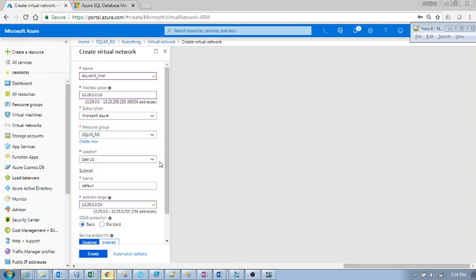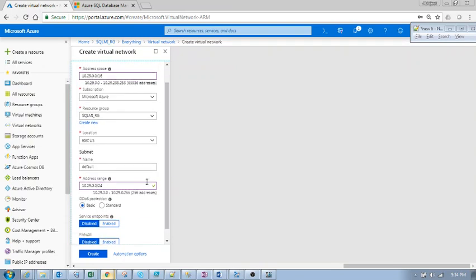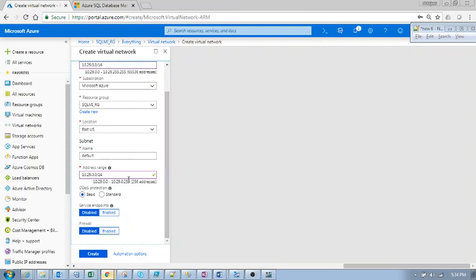And this is our resource group. Location East US is fine, and we are going to accept the default subnet with its default IP range. I might set this to 22 to occupy less space, and with basic DDoS protection I'm going to create